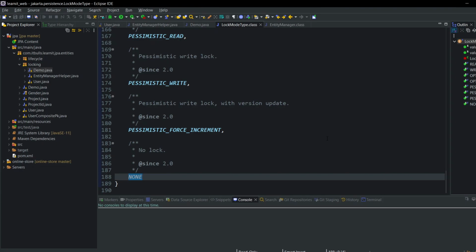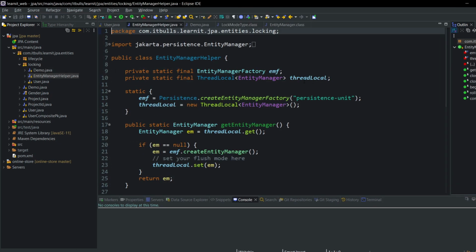And now, let's review the small code example that I have prepared for this lesson. In the package that is called locking, you can find again user class, entity manager helper, and demo class. Let me start from entity manager helper class. The thing is